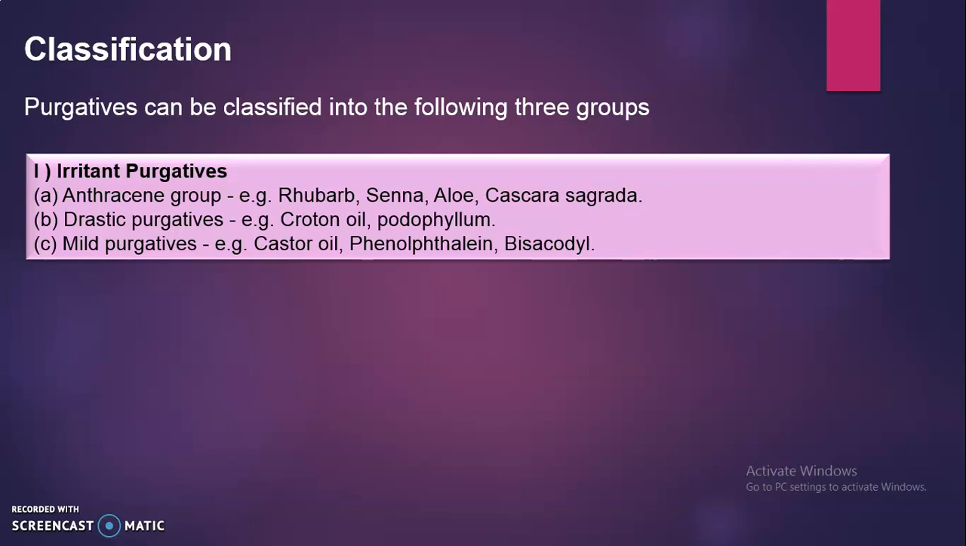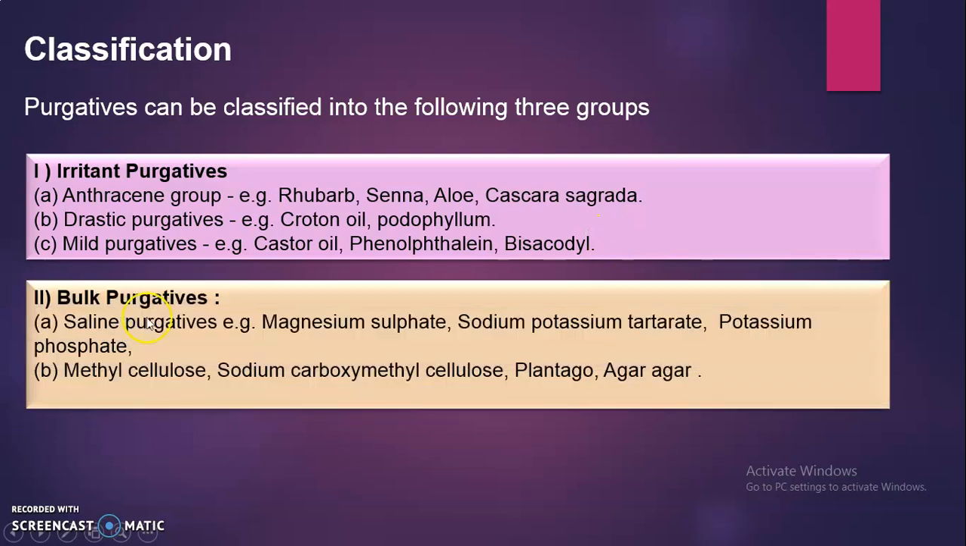Irritants: anthracene group, examples are rhubarb, senna, aloe, cascara sagrada. Then gastric purgatives, examples are croton oil and podophyllum. Mild purgatives, examples castor oil, phenolphthalein and bisacodyl. Then bulk purgatives are divided into two parts. Saline purgatives, examples are magnesium sulfate, sodium potassium tartrate, potassium phosphate. Methyl cellulose is the second type of the bulk purgatives. Sodium carboxymethyl cellulose,